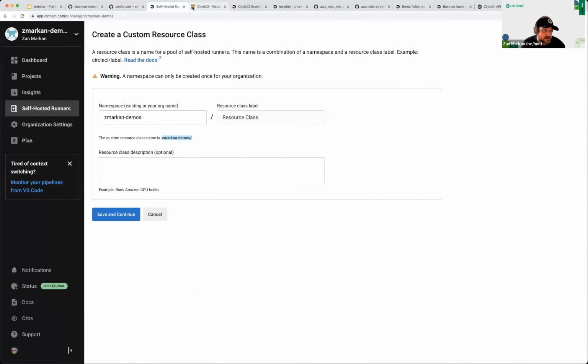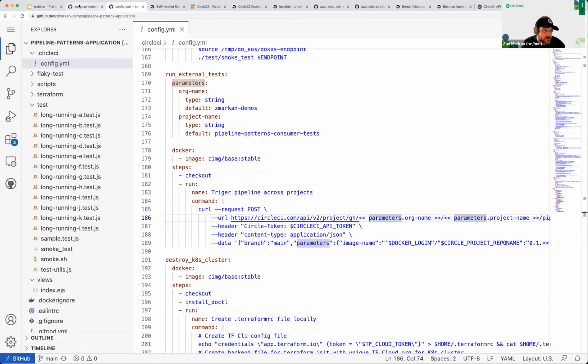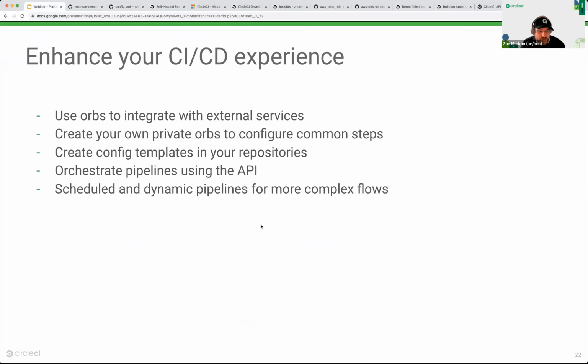Yeah, and what else do we have? Yeah, we have scheduled pipeline support. Again, if you want to run nightly tests, you can do that. You can run